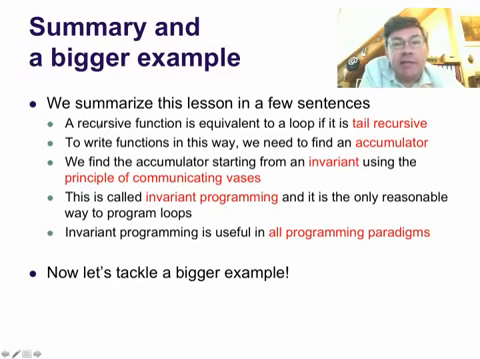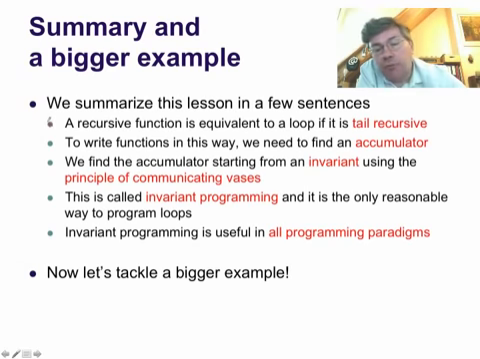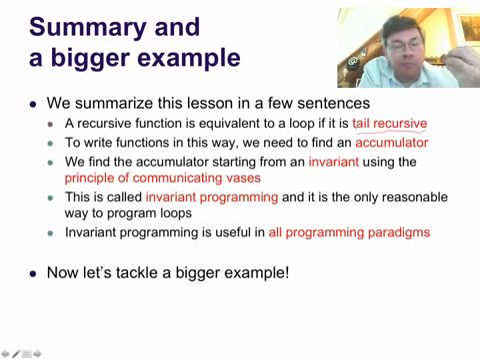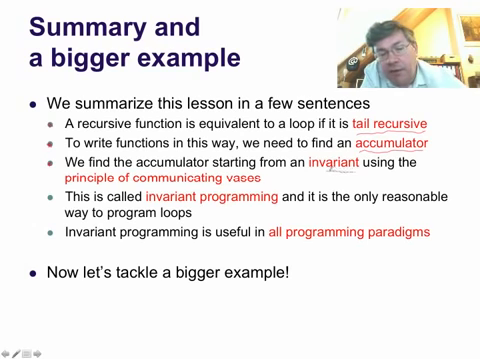We can summarize this lesson in just a few sentences. So first of all, a recursive function is equivalent to a loop if it is tail recursive. Second of all, to write a function this way, we need to find an accumulator, an argument in which we can build the result incrementally. Third of all, to find the accumulator, we start from an invariant, a statement that